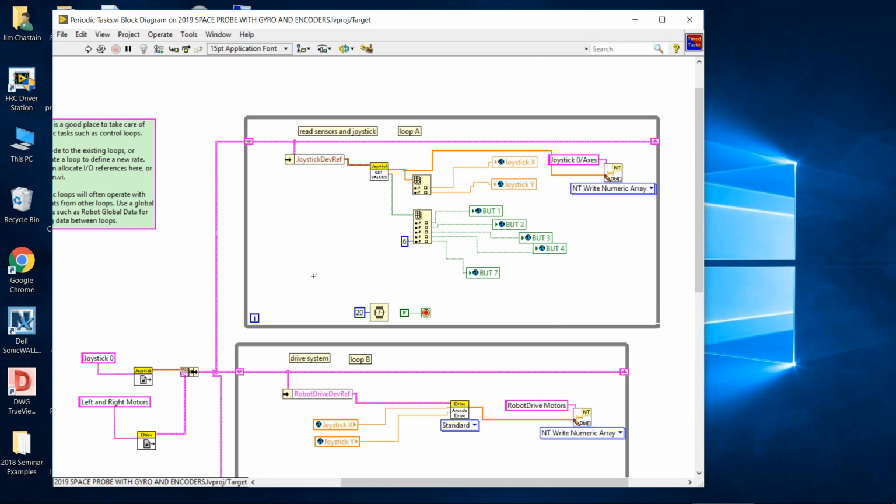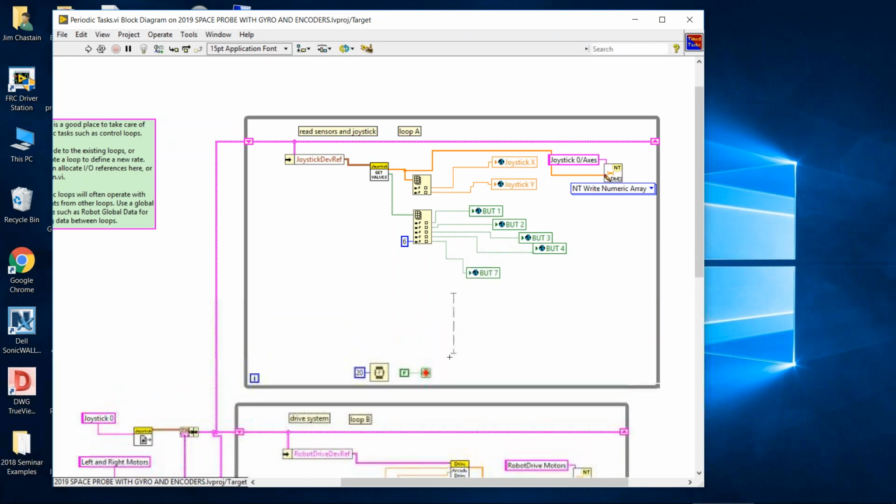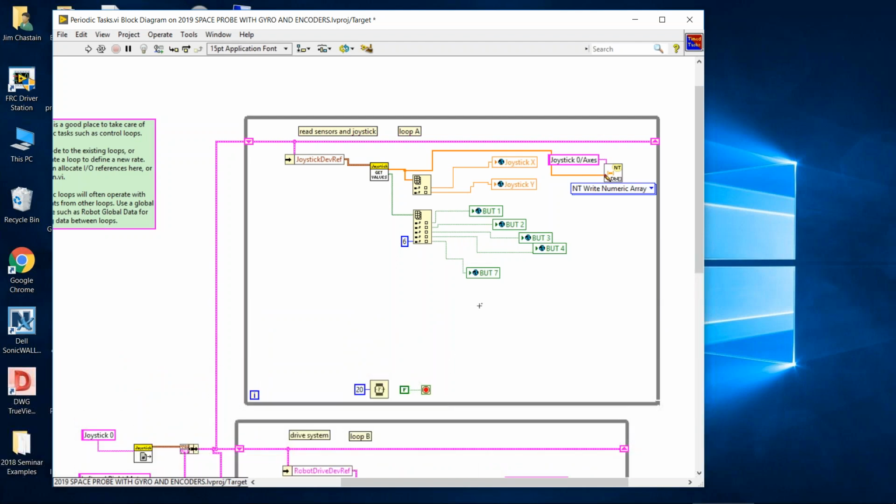I'm going to put my cursor in a blank space below the code that exists, hold down Control, left click and drag, and make more room in this VI. Before I jump into making the changes, I want to talk about Robot Global